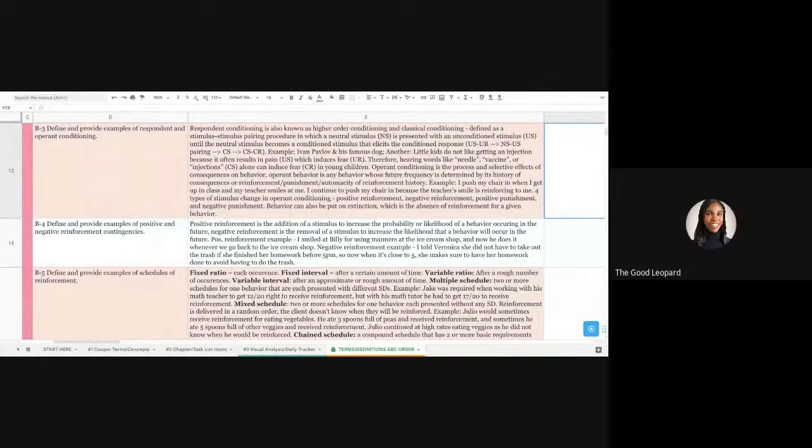Yeah, the conditioned is like learned. Conditioned means learned. So I already have the experience. Yes, you've learned based on these associations that this is a stimulus. This is kind of like a warning. Like before it even happens, you heard the word needle and now you're automatically scared. Okay. So that's where the conditioned response is. When you've heard the word needle, vaccine, injection, and you know for a fact that anytime you hear that word you remember pain, that is a conditioned stimulus. Now you have a conditioned response to that conditioned stimulus, which is...